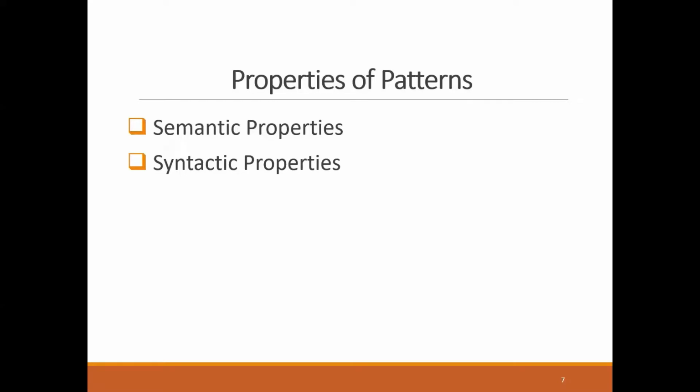And these are the properties of patterns. It can have semantic properties and syntactic properties. Some state of the art work focuses on semantic properties, like the natural language description of the source code or commit patches of the source code, to detect vulnerabilities. And some of the works focus on syntactic properties, like structural properties. The source code has some structure, and based on that source code, they try to detect the vulnerabilities.